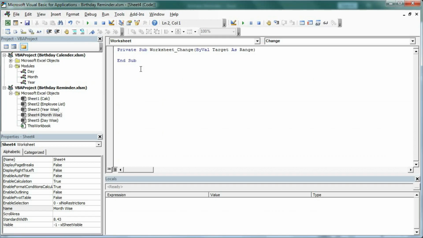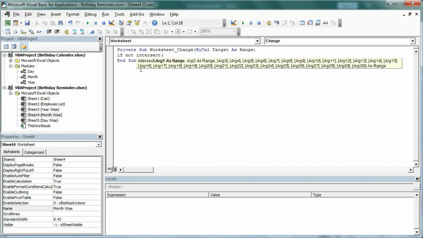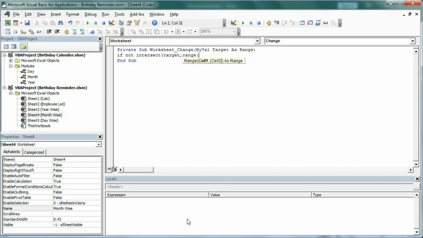So type here if not intersect, target comma range.